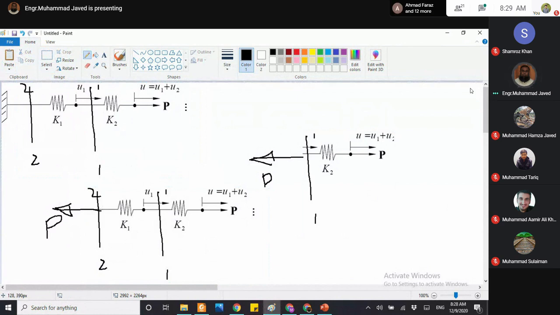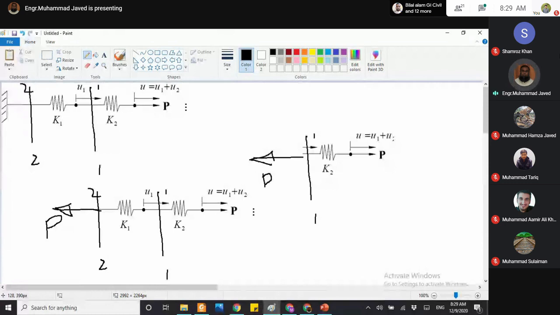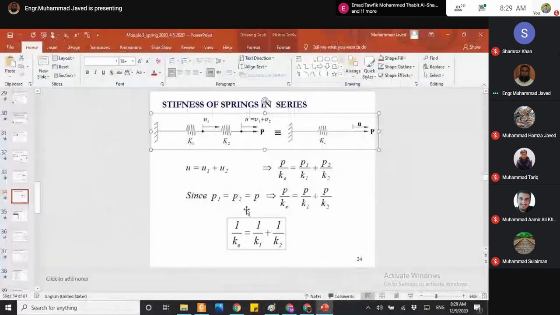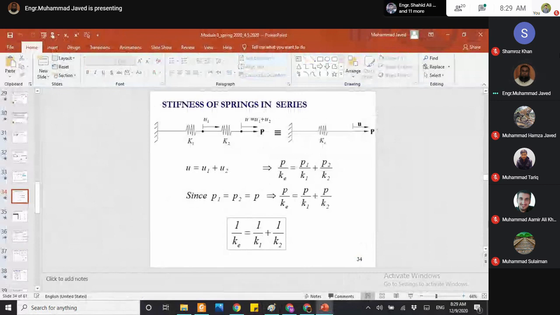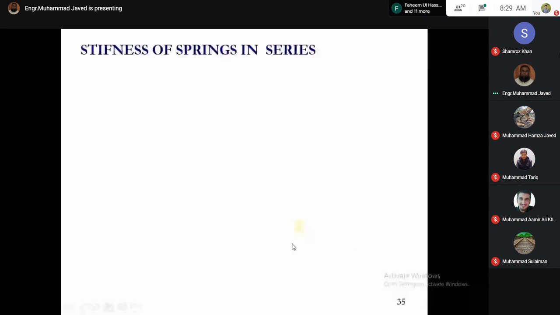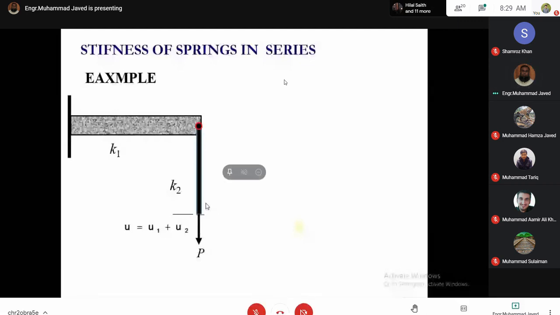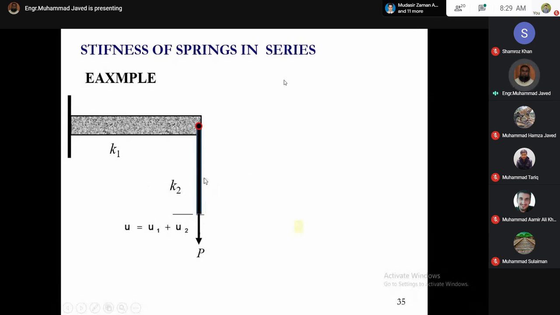So when springs are connected in series, internal force in any spring is equal to externally applied force. This system can be considered a spring in series arrangement because in this case